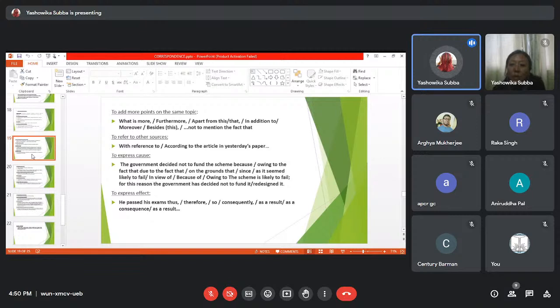So that is the way you express a cause. Owing to the scheme which is likely to fail, for this reason, the government has decided not to fund it or redesign it. So this way you are going to be expressing your cause. Okay. Now, when time comes for you to express the effect part,